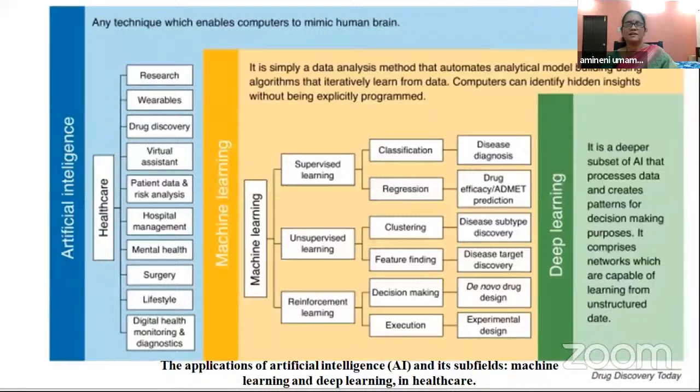In supervised learning, again, there are two different types: one is classification and another is regression. Classification means, suppose you have a breast cancer patient. What is the size? We will have some numbers, structured data, with different tumor sizes, the age of the patient, and other parameters. Based on those parameters, whether the patient has the disease or not, we can diagnose the disease using supervised learning by applying the classification model.